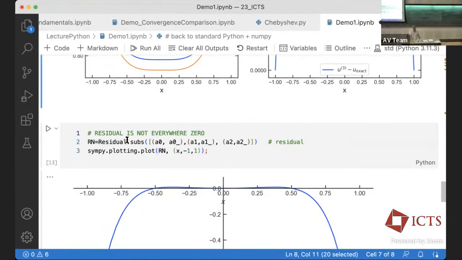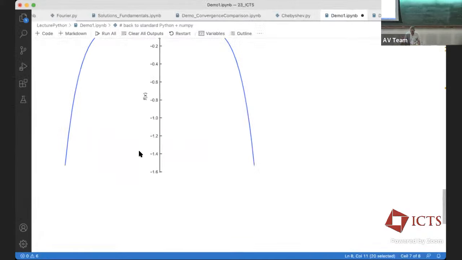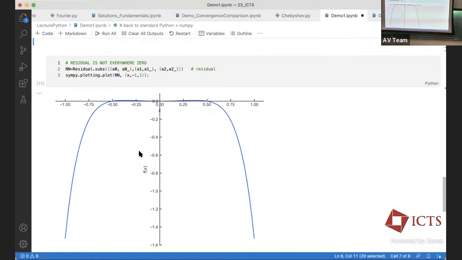What I'm doing next is I'm taking the residual and I'm actually plotting the residual as a function of x. So this is now this function over here, which is the one we were setting to 0. And if you now look at this plot, it indeed is 0 at minus 0.5, at 0, and at plus 0.5. And as advertised already, it is non-zero elsewhere. Usually it is small, as it is supposed to be, because that's what we're hoping for. But in this particular example, it's actually getting quite large towards the edges.